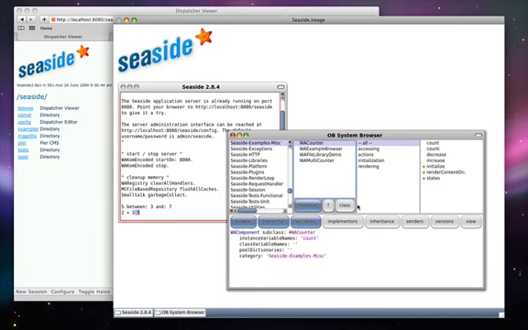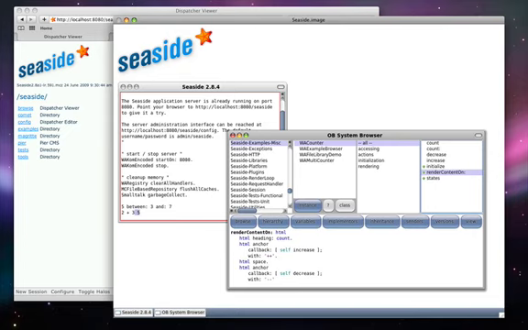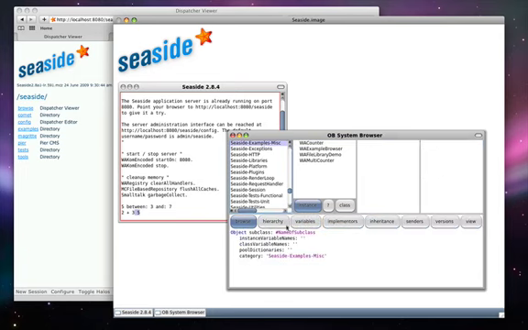We can also look at class-side information as well as instance-side information for the WACounter. The WACounter class has a method named renderContentOn: that contains the lines of code that we see in the bottom text entry area. We can create a new class by clicking in the left-hand list, which gives us a new class template.